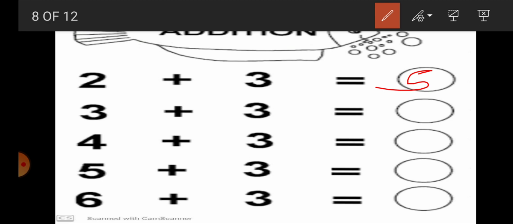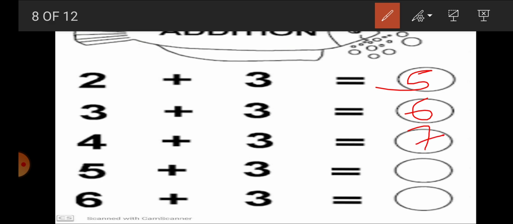Okay. Now 3 plus 3. First we have the number 3. Keep it with you in your mind, that 3. 3 and then 3 more. 4, 5 and 6. Our answer will be 6. Now we have the sum 4 plus 3. So keep the number 4 in your mind, that there is 4 and you are going to add 3 more. After 4 comes 5, 6, 7. What will be the answer? It will be number 7.